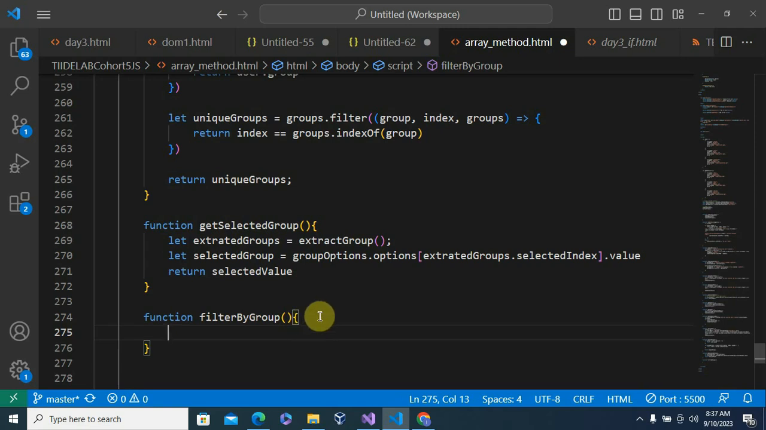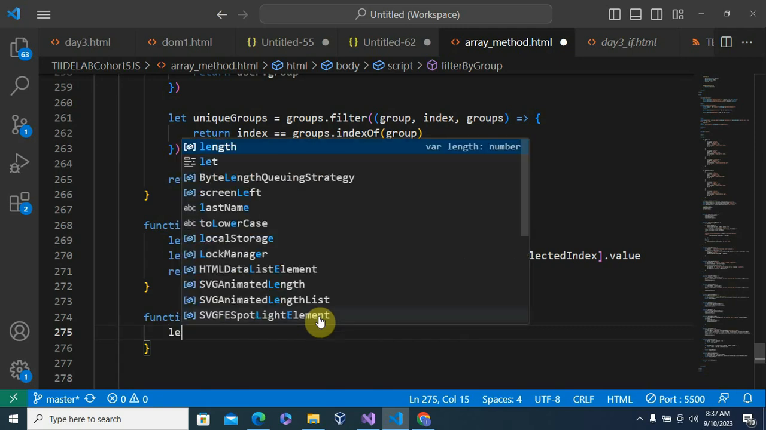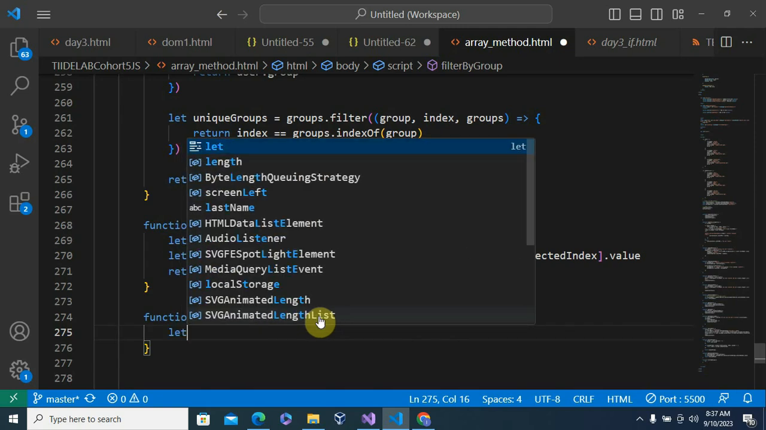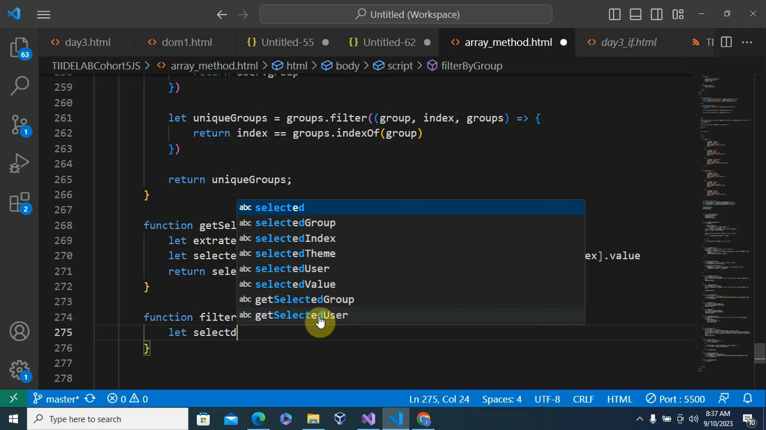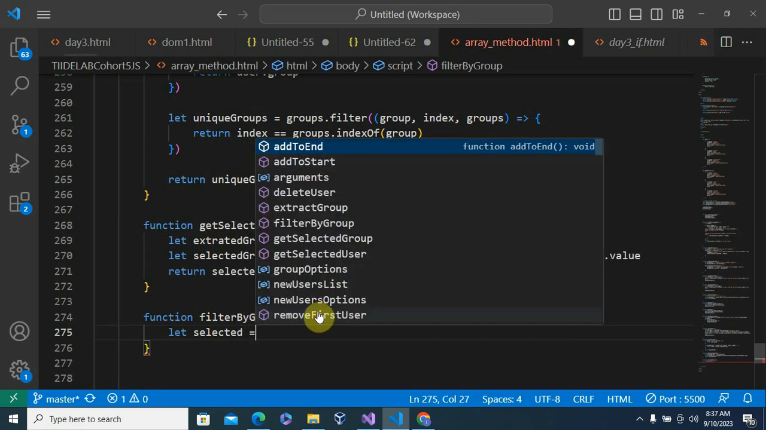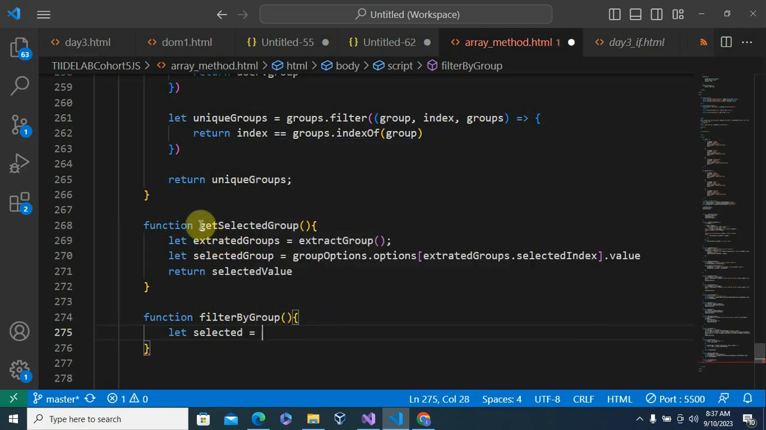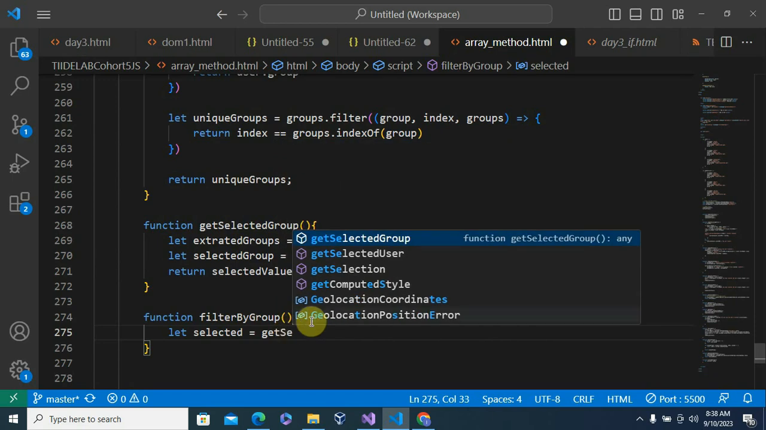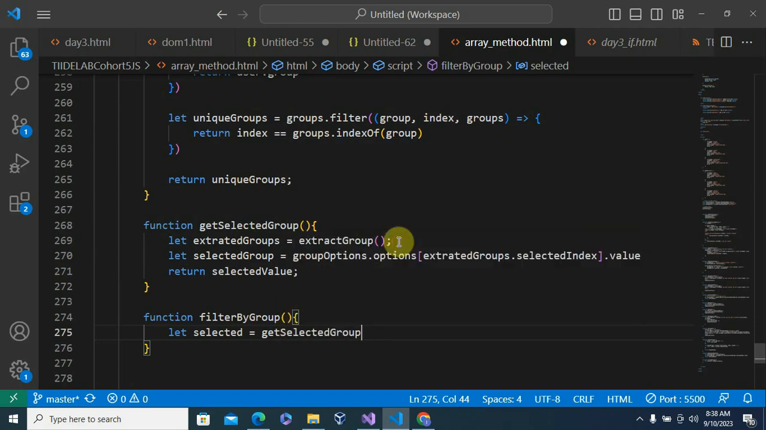Okay, so here I say let selected be equal to the function that we wrote here, which returns the selected value. Okay, get selected value, selected group, right in there. So that gets the selected index first, and then the next thing we are doing would be to just